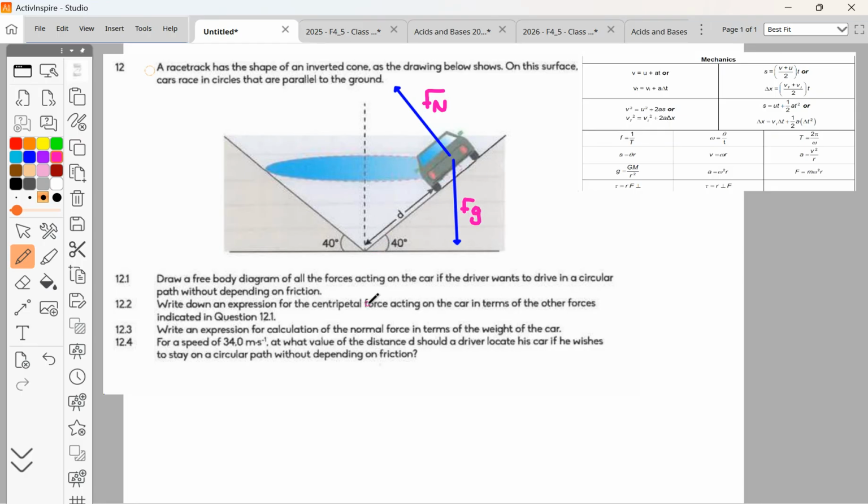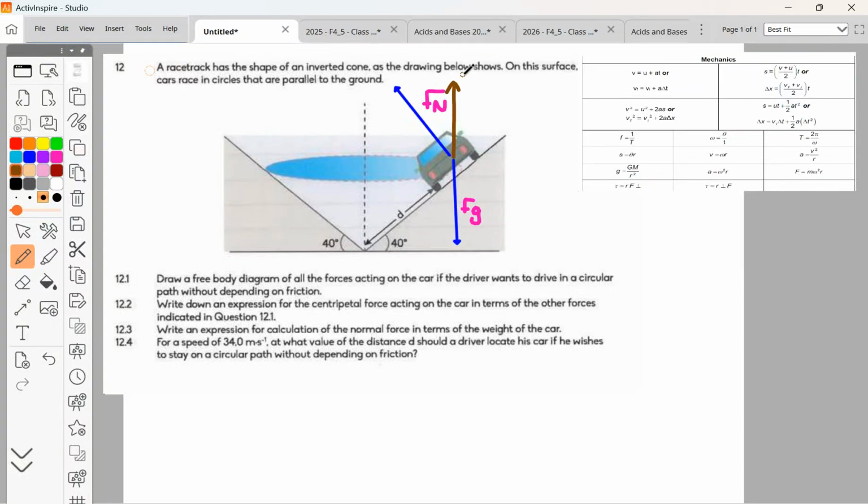Then they asked us to write the expression of the centripetal force. Now remember what we said, if you were going to do that little triangle that you are used to in core physics, the triangle would be here, so that would be the angle, and corresponding you can prove these two triangles similar. But you don't need to do that in further physics, but it should be easy-ish for you to do that. So then we can say, okay, if we look at this upward force there, I should actually use a different color. So if we're looking at that upward force there,